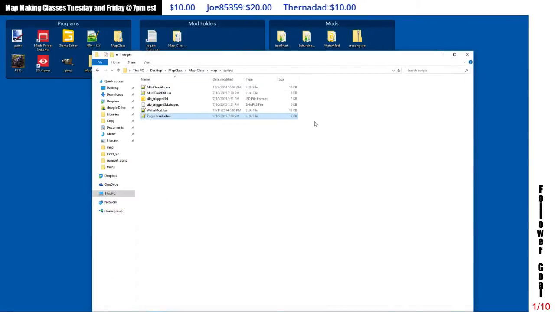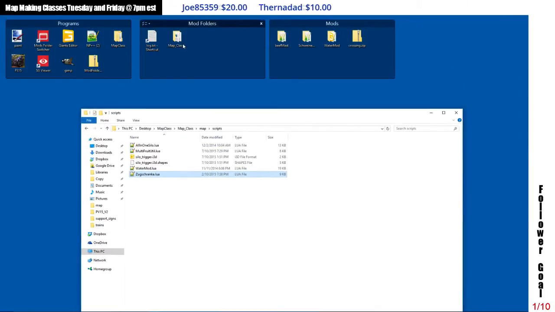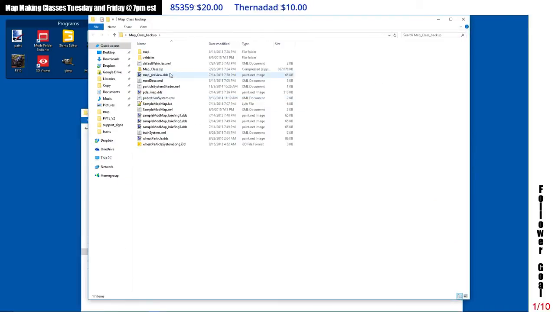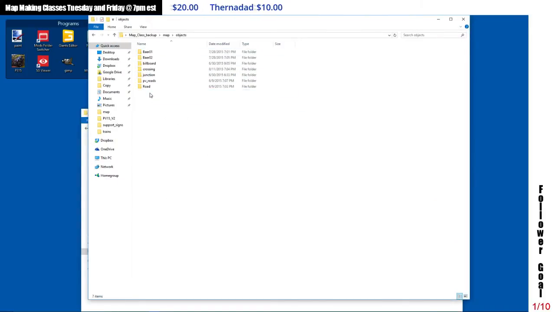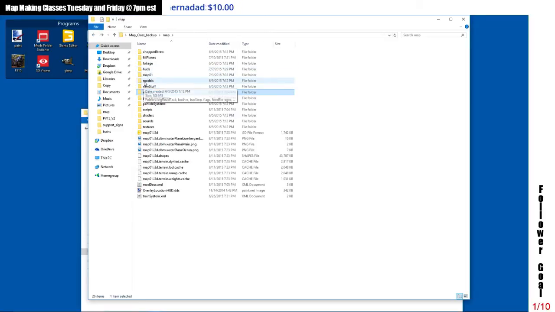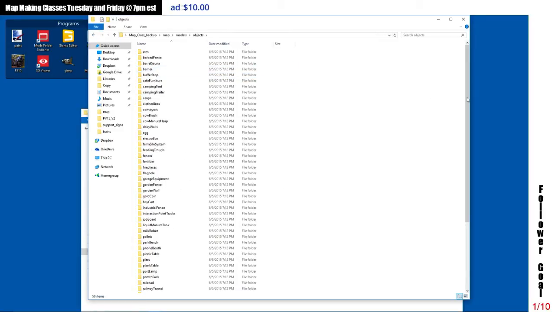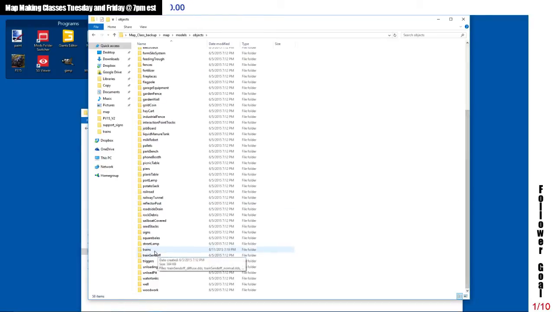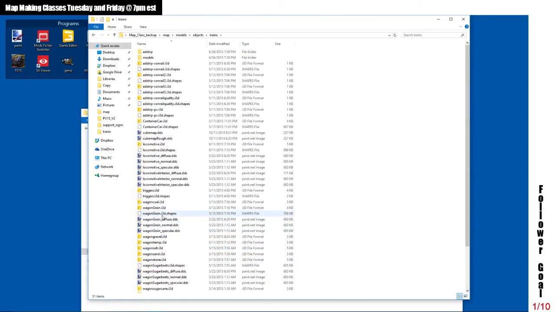And just to make things go a little bit quicker, map, objects, models, objects, trains,